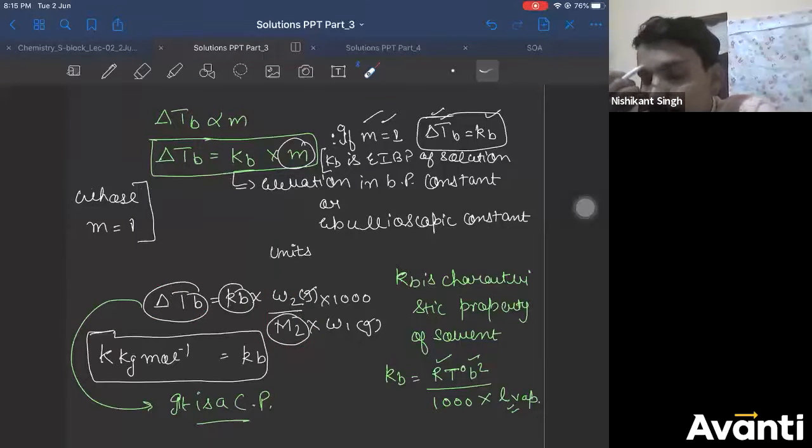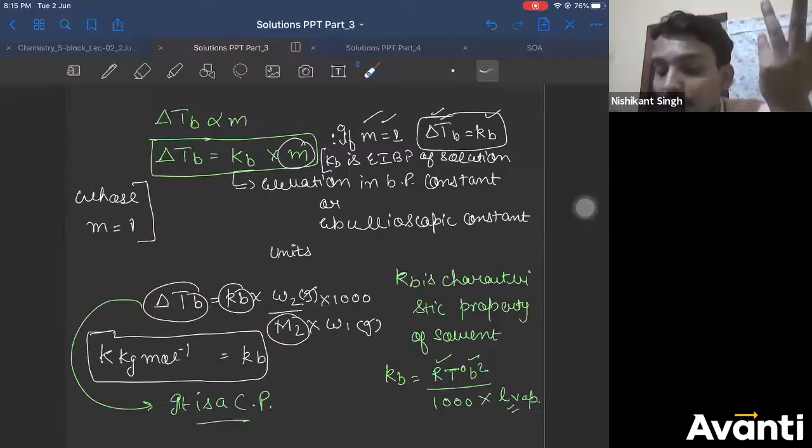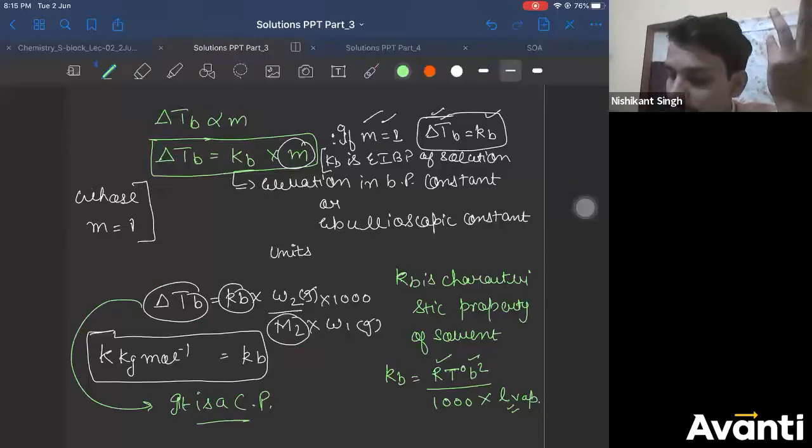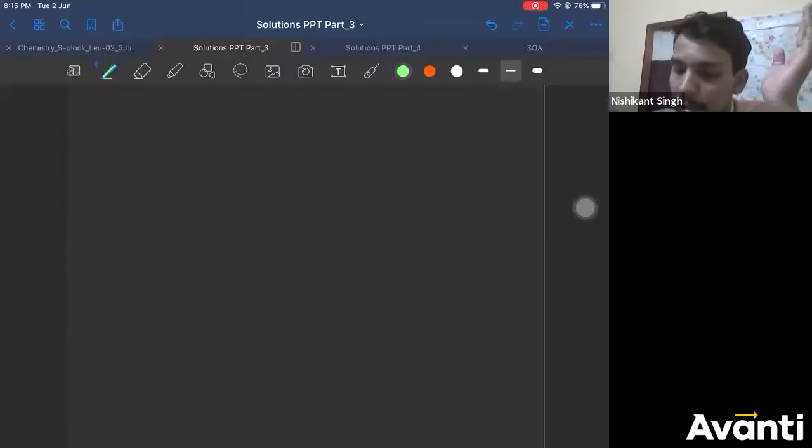Athar, there is nothing to understand in the formula. It's a formula, right? You have to just understand what the terms are. So R is a gas constant having a value of 8.314 joule per Kelvin per mole. I hope you know this value. There is no derivation for that formula. We are not deriving it. It's a standard formula, right? What is T naught B? If there was a derivation, I would have done it. Boiling point of solvent.